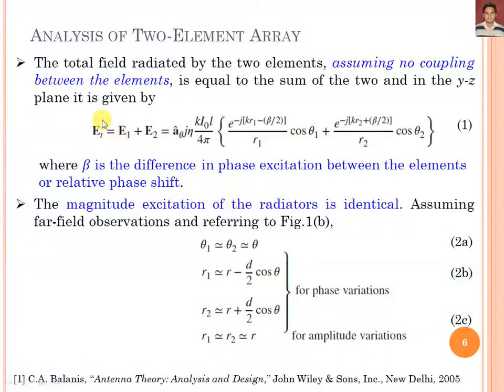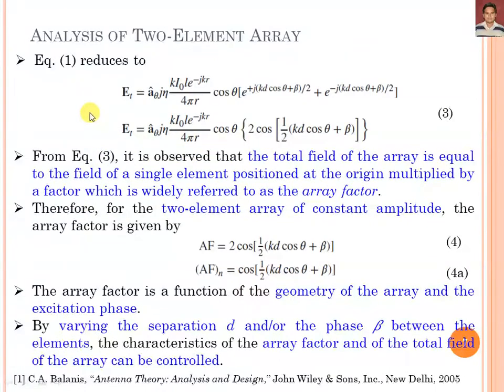In some other books they are representing it as the E theta component. So we can reduce the E of t component by using this expression, and again we can reduce this equation in the form of this expression in the direction of E theta component. So we can say Et equal to E theta, in the direction of the E theta component.